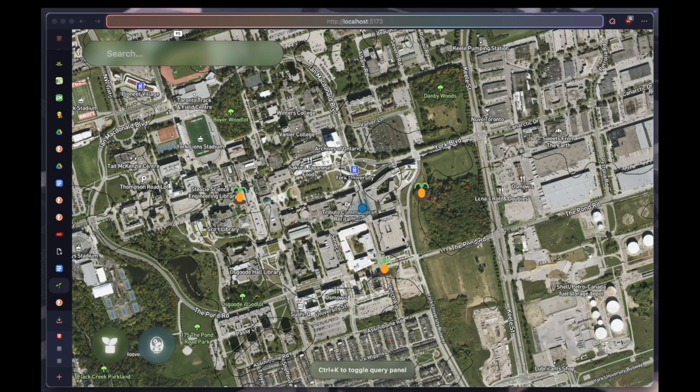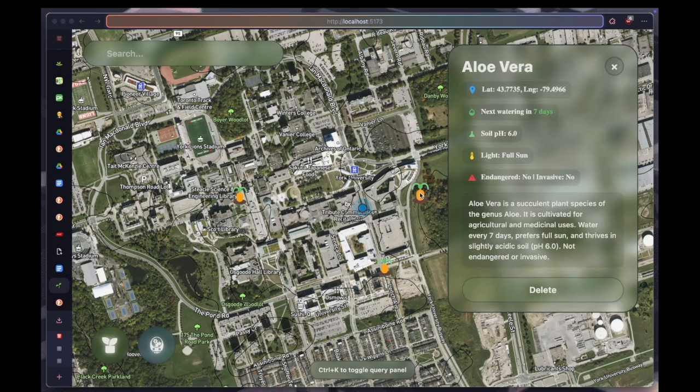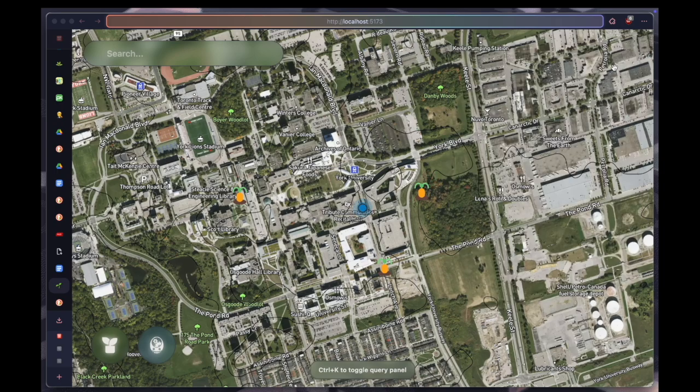The first thing you may notice are the bundles of carrots crowded around the map. Each of these icons represents a separate plant object within the database, chock full of important information that any gardener might need. Just click on the icon and you'll be greeted by a React component dashboard showing important stats like its geolocation, how long until it needs to be watered, and its optimal soil pH. And you can see a diverse set of plant objects all across the globe, imported from a global dataset to